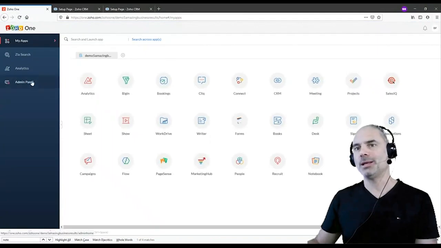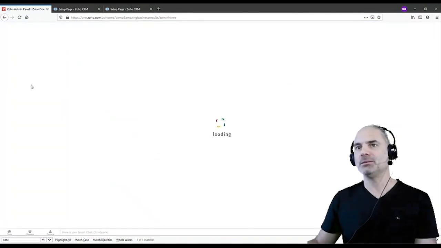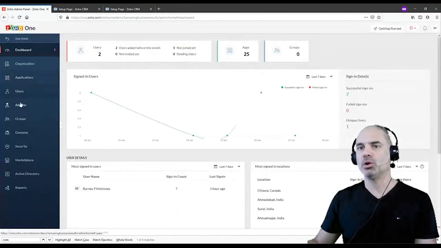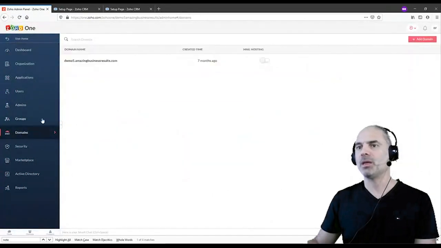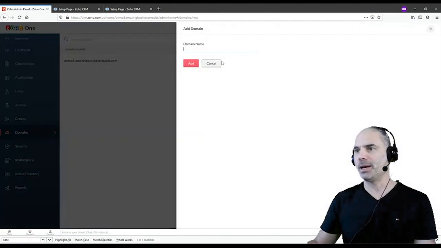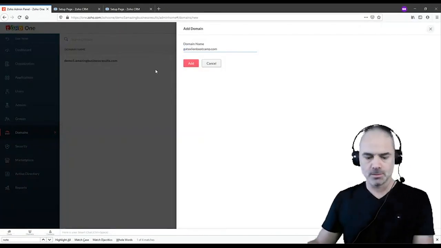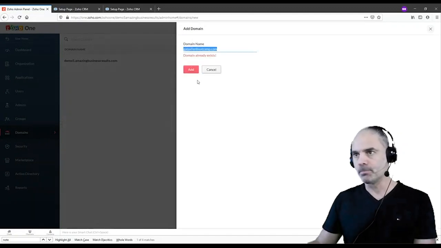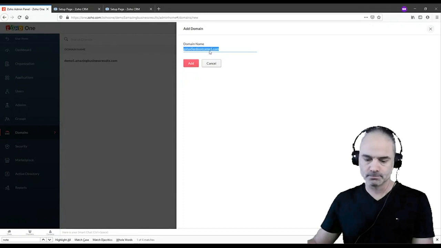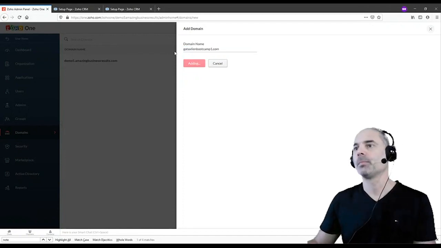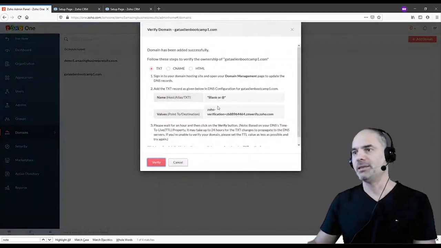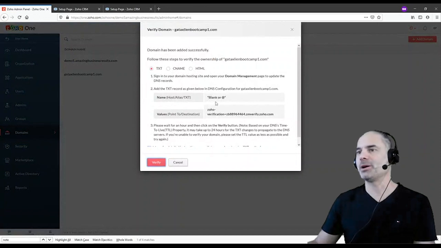First of all, under the admin panel, you want to go to domains, and every domain that you own needs to be here. So you click on add domain, you put the domain here, and then you will have one TXT record that you need to add.